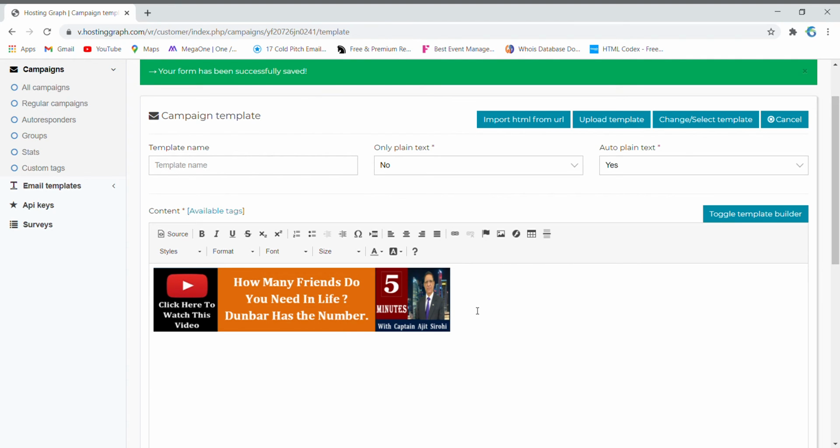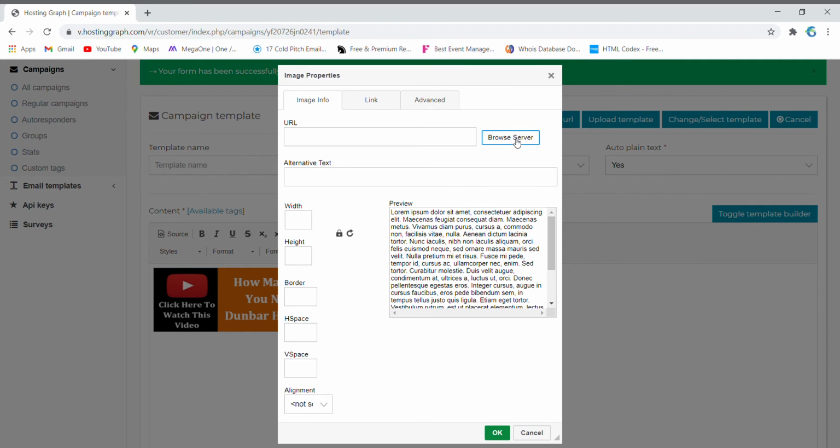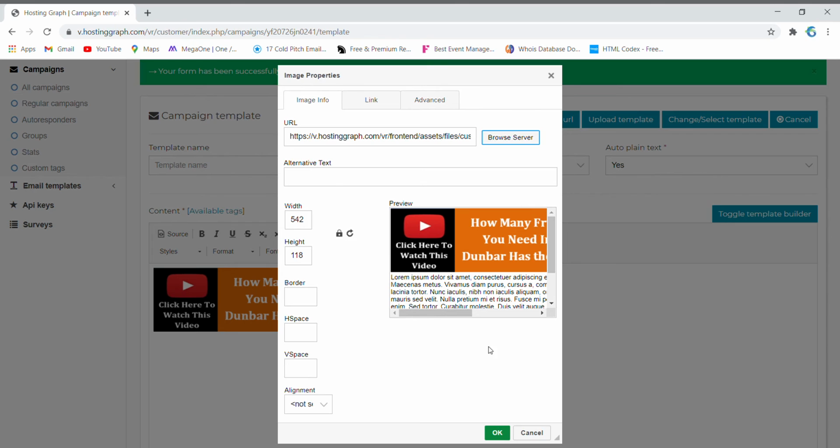You can add more images here. If you double click here, you can select this also. But if you want to upload another image, then upload file, select file, and now we have to choose another file.